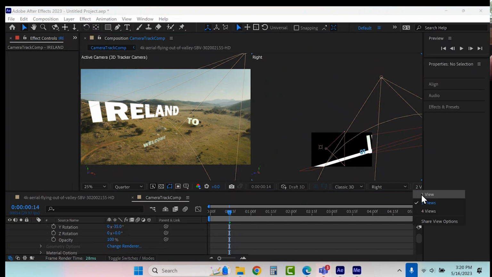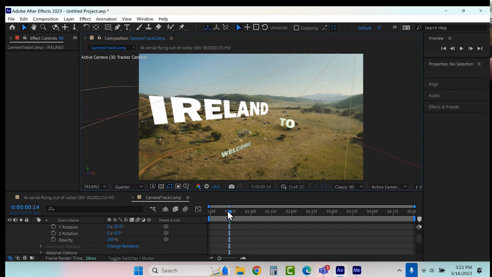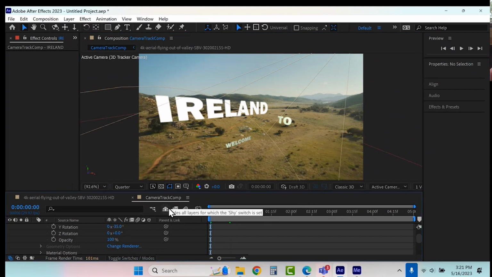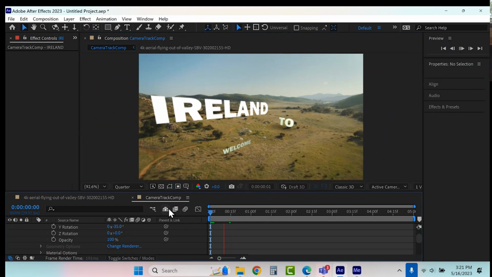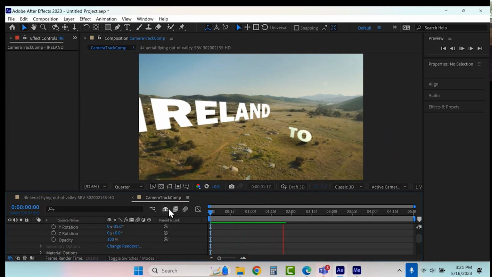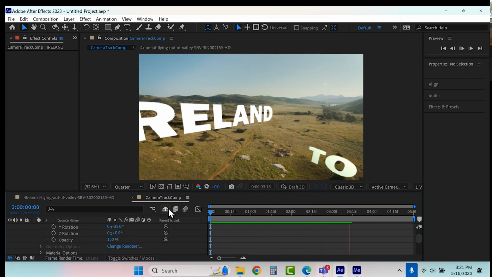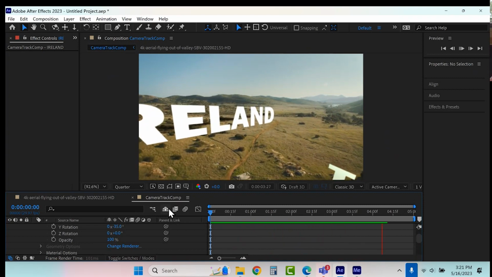All right, let's turn off that view. So what did I just create? Hit the space bar. Look at that. Isn't that neat? Now it's not really happy that I moved the word Ireland, because you could see that's sliding.